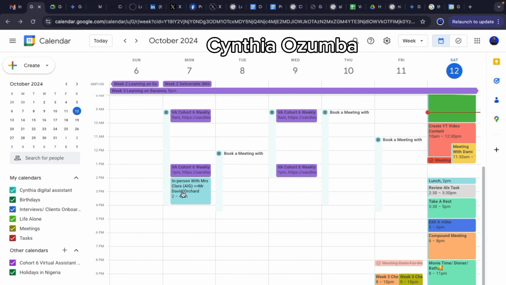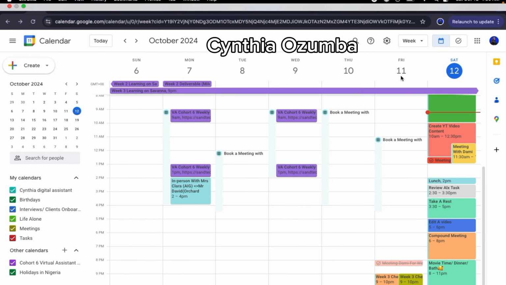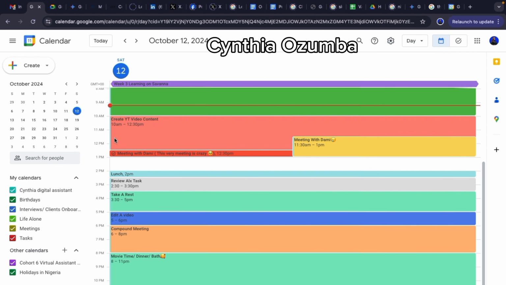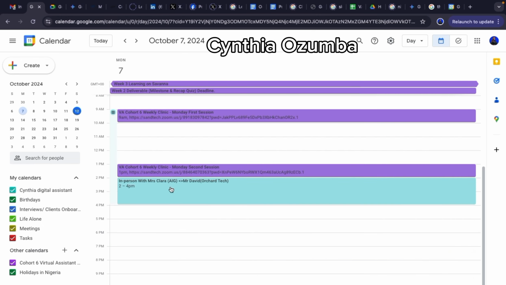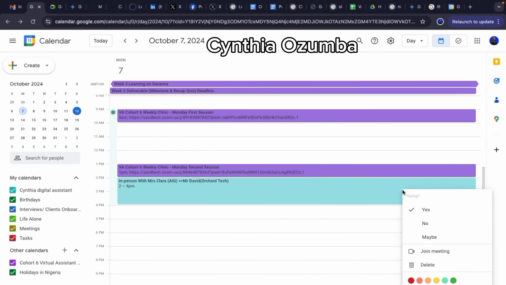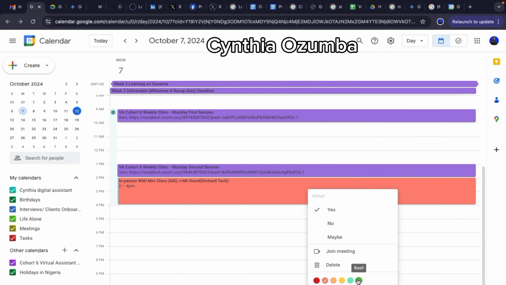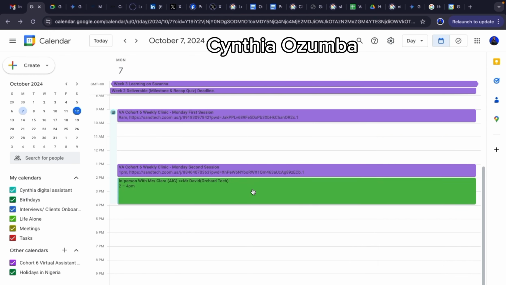So now the meeting has populated in your calendar. So the next thing you want to do is to go ahead and color code it. We know the importance of color coding our meetings. It helps us stay organized, and also helps avoid some kind of conflict. So if you have similar meetings, giving them different colors makes it neat and helps you to understand different types of meetings. Now that we are done learning and understanding how to label our meetings correctly,